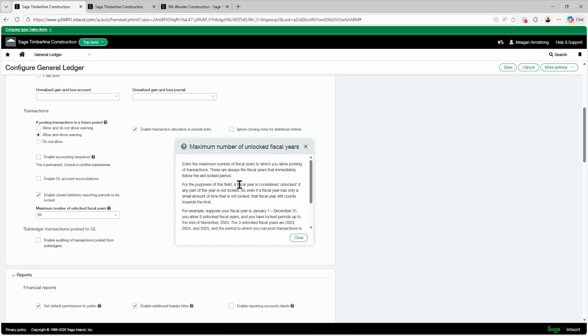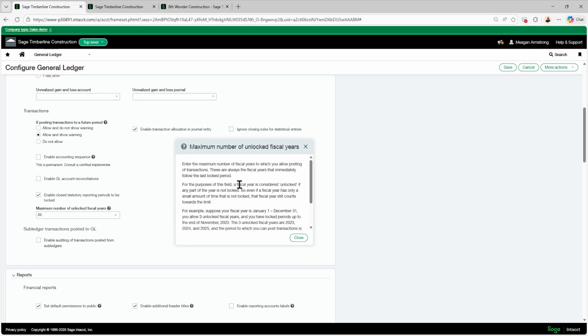For these purposes, I typically recommend 2 years, and let me tell you why. 2 years allows you to lock down not last year, but the year before, the one you've probably already filed all your taxes for, already received all of the changes from your tax accountant, and posted all the adjusting entries. Lock that down. Then this allows you to post to the prior year, for your adjusting entries if you've got that period closed down, and then the current year.